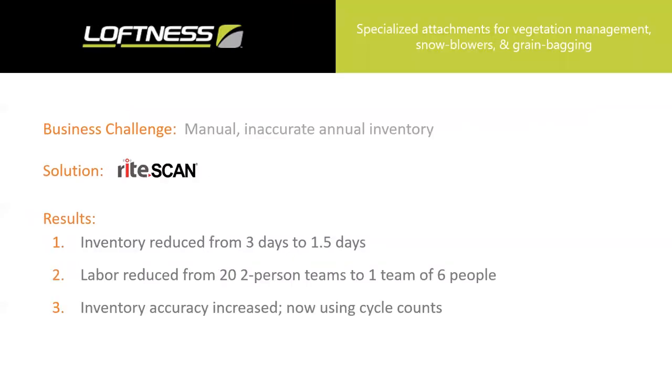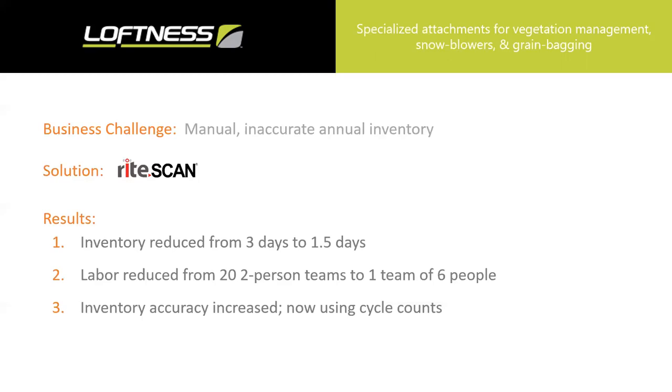Another customer is Loftness, which is based out of Hector, Minnesota. The company manufactures and distributes specialized attachments for vegetation management, snow blowers, and grain bagging systems. They roughly employ 90 employees and operate in a 100,000 square foot facility. The business challenge they faced was that each year their annual inventory would take up to 3 days or more